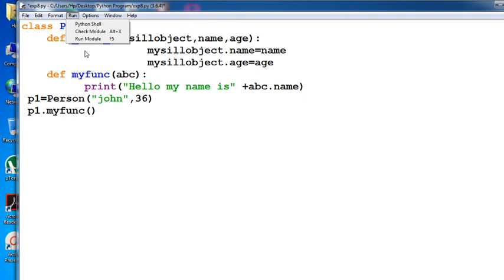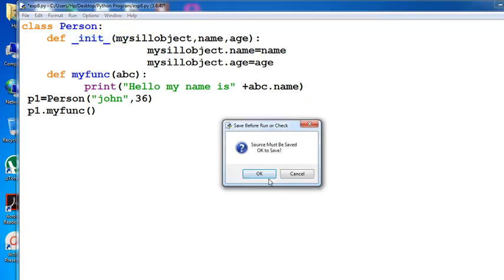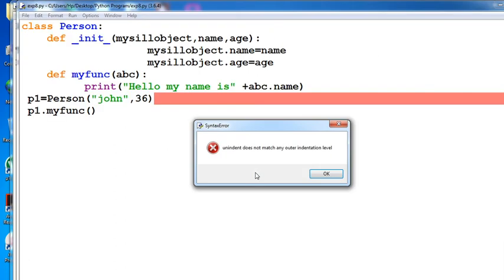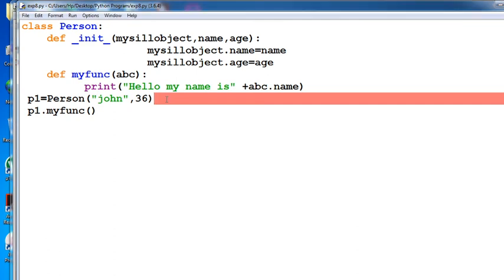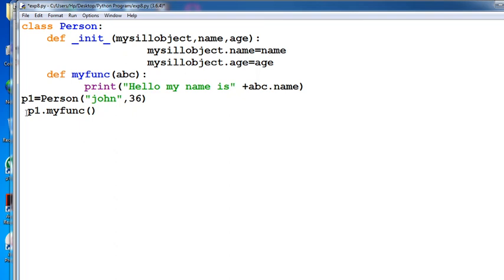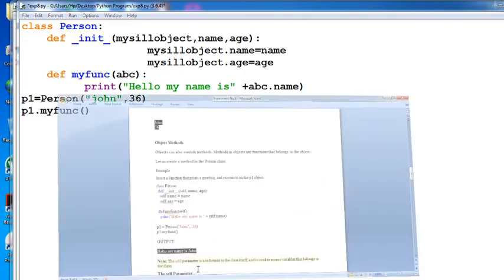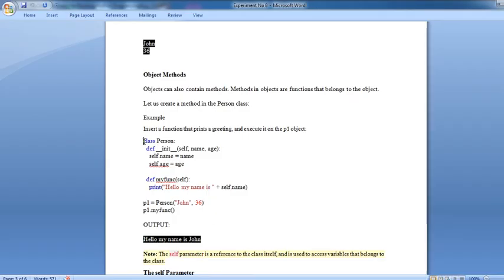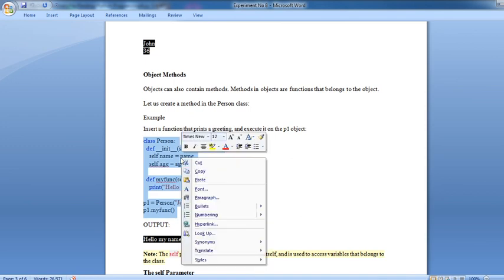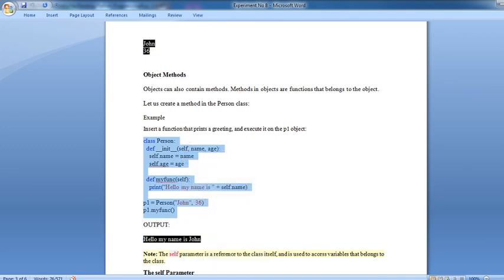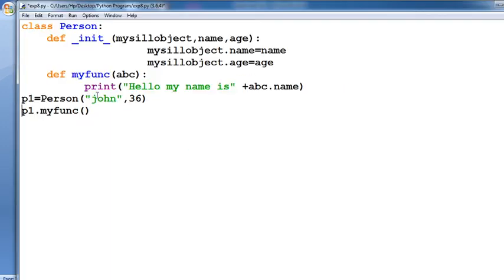Now run that particular program and run your module. Again an indentation error is displayed. Now again p1, and this we will directly copy from that particular program from here and we can run, and check what happens while showing that error.